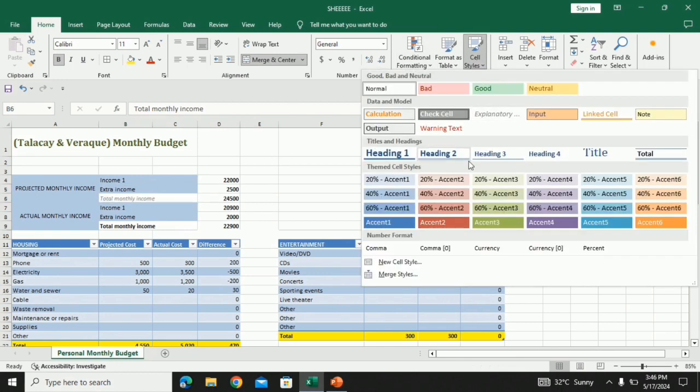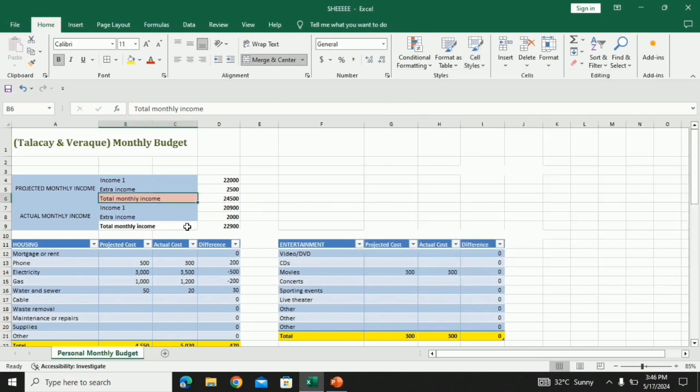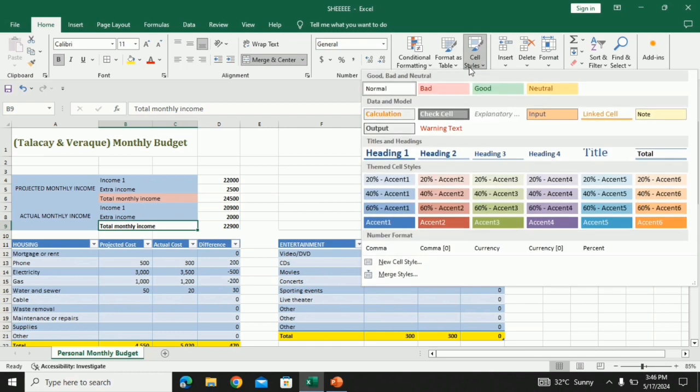To highlight the total monthly income, select different colors, cell styles, and pink.